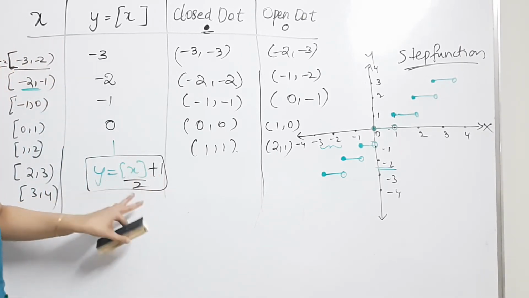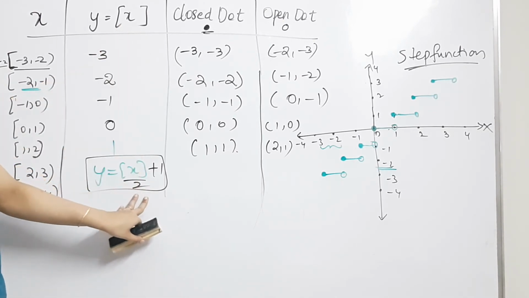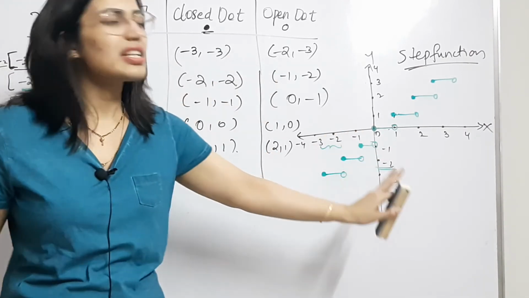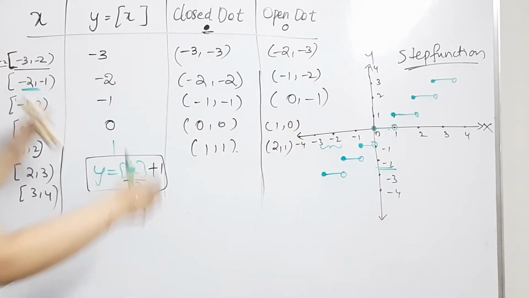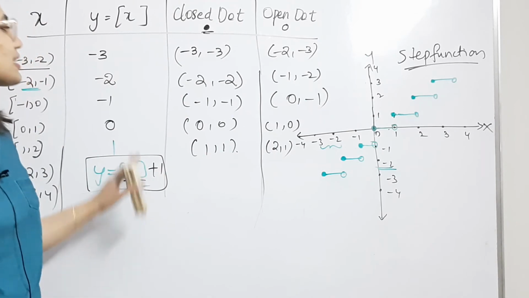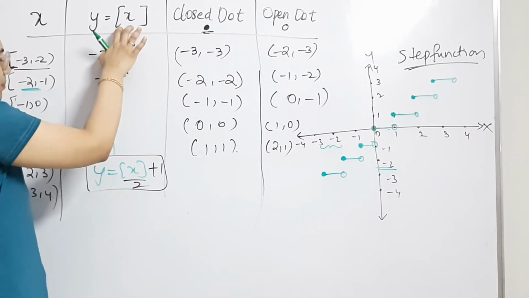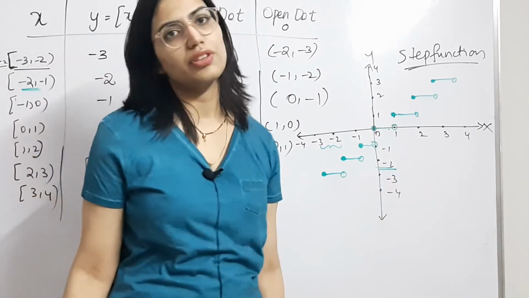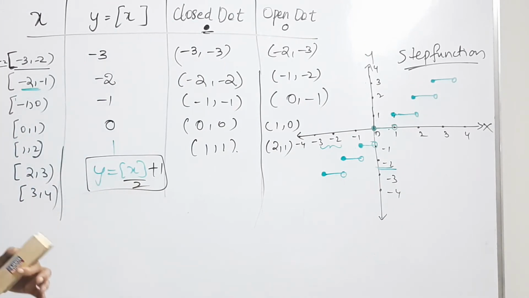What you need to do is, whenever they give you such functions with step involved, you just put this entire step of x by 2 plus 1 in here and follow the similar process that I have explained you here, and then plot the graph. Same way as I have told you how to plot or get these values out of this. Similarly, you can put any function or any operations involved with step of x here, and then substitute the values, get the closed open dot, and then plot the graph. Okay, so this is one way of them testing your knowledge on the step function.